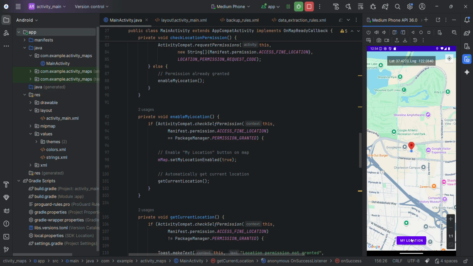ACCESS_FINE_LOCATION gives an accurate GPS-based location. Then ACCESS_COARSE_LOCATION only gives an approximate location using Wi-Fi, internet, and mobile networks. Then the second question is,